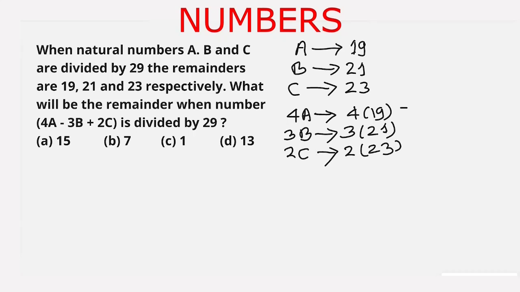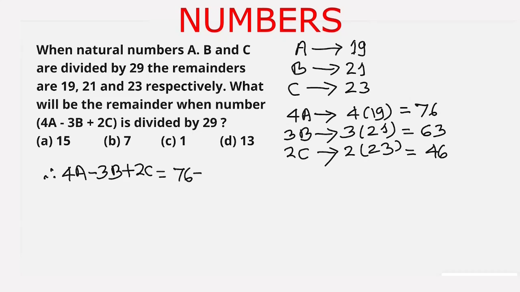So these are equal to 4 times 19 is 76, 3 times 21 is 63 and 2 times 23 is 46. Therefore, 4a minus 3b plus 2c is equal to 76 minus 63 plus 46, and this is equal to